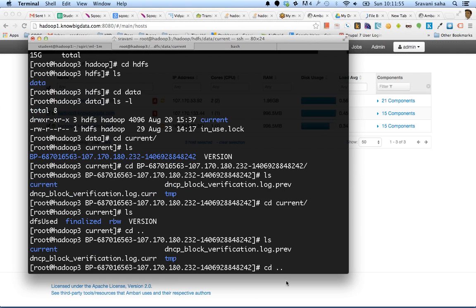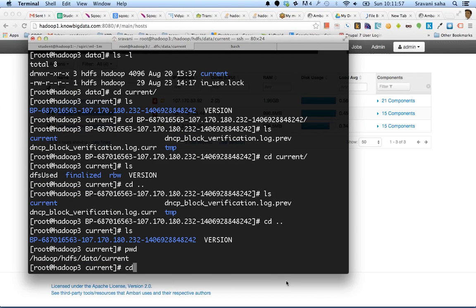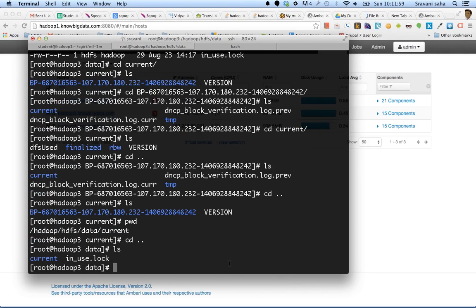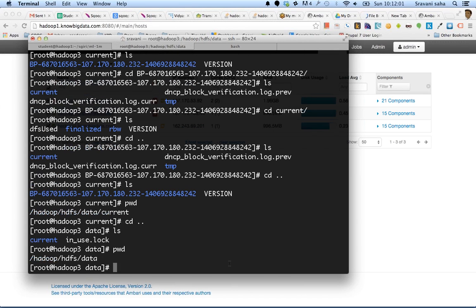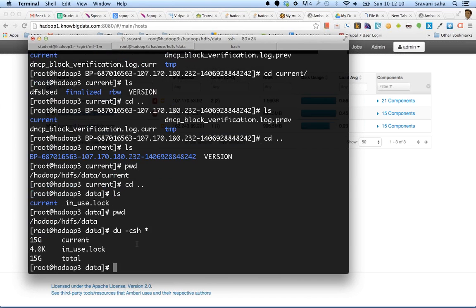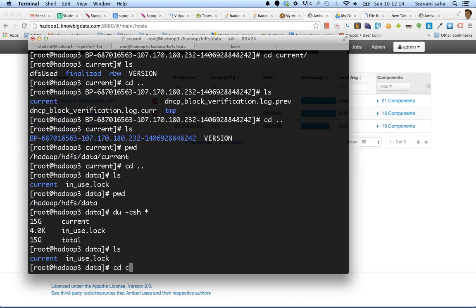So this is how the HDFS actually stores the data. This is where the HDFS is storing the data. A particular data node is storing the data in this folder, Hadoop HDFS data. And here du -csh is showing 15 GB. And if you go into current,